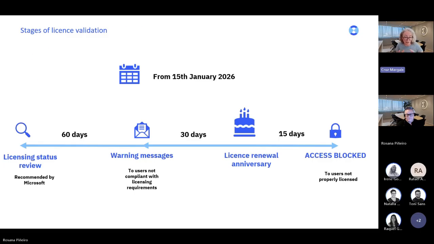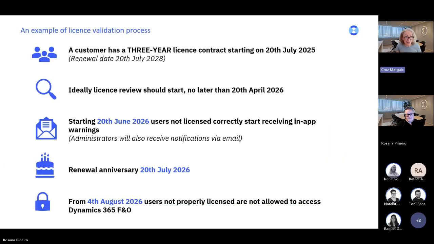So let's clarify this concept about dates with a real example. Let's take a customer that signed a 3-year license contract on 20th July. So the renewal date is 20th July 2028, right? However, the anniversary date, the date that's going to be taken into account for the licensing checks, is the 20th July 2026.